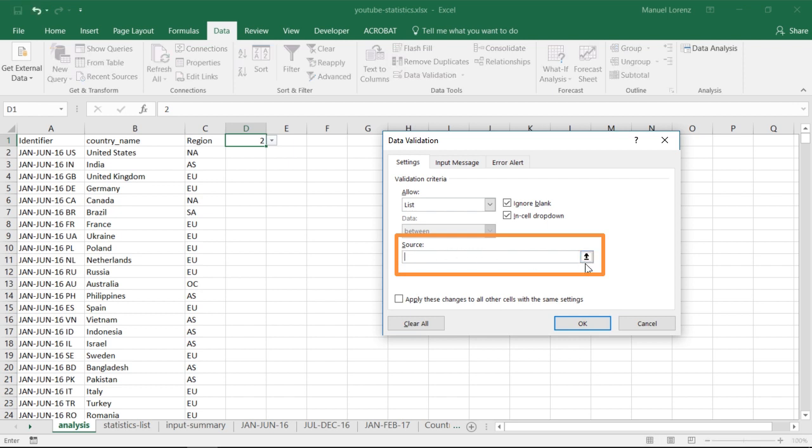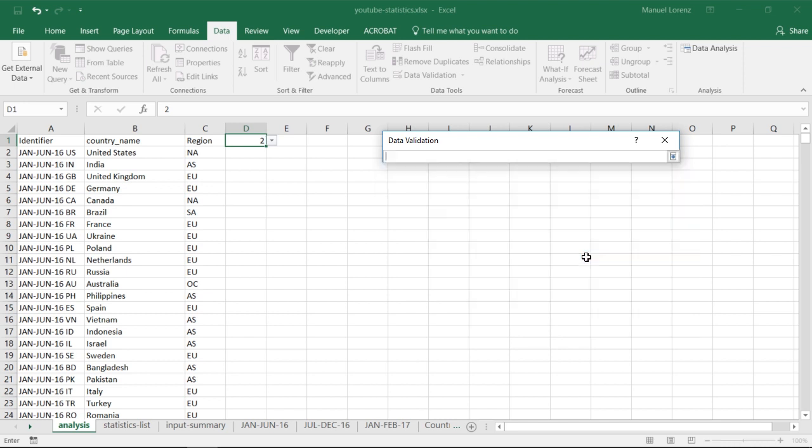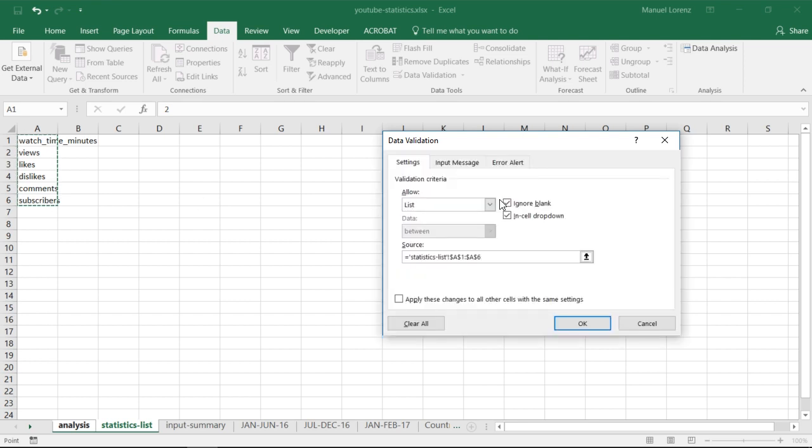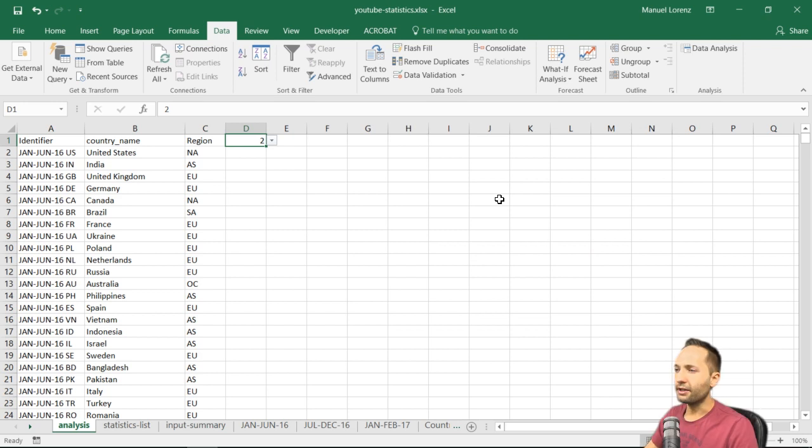And if we now press onto that arrow right here, let's do that, then you can select the inputs for your data list. So in our case, this would be the statistics list that we just created and the 6 statistics, like that. Now we selected all the values, and if you now press enter once and twice, then you see that